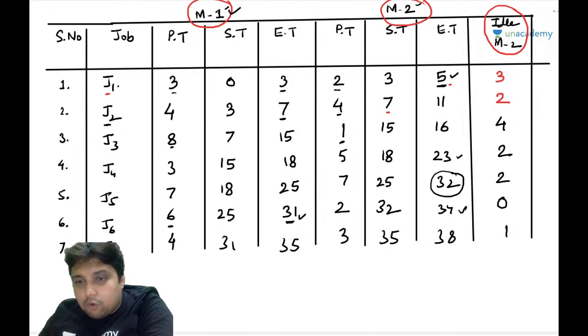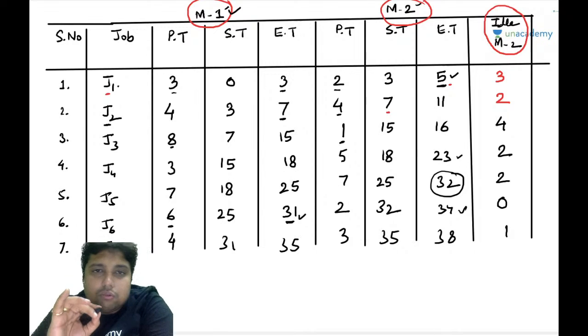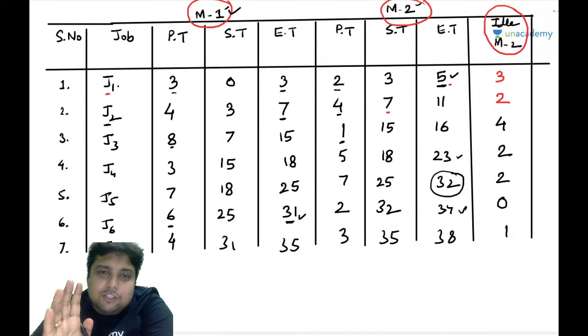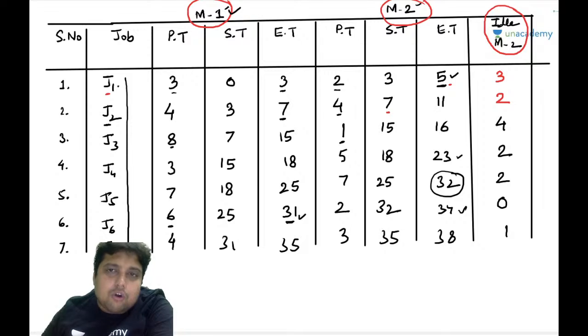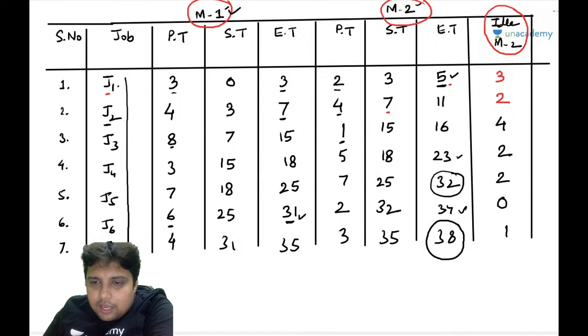So guys, I hope this is clear to you. Up until this point, I have simply made a single table where I have kept a chronological sequence. Now with this chronological sequence, what I can see is that 38 minutes is the total duration,